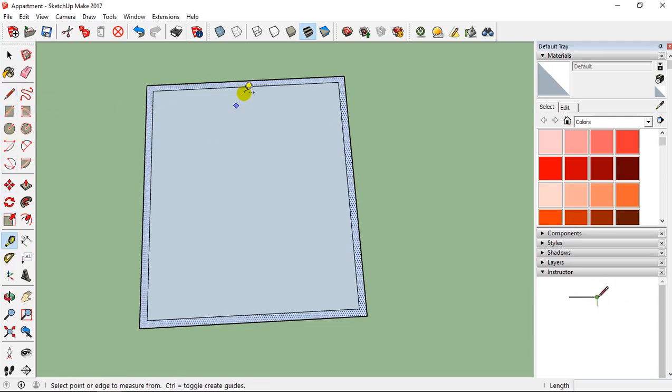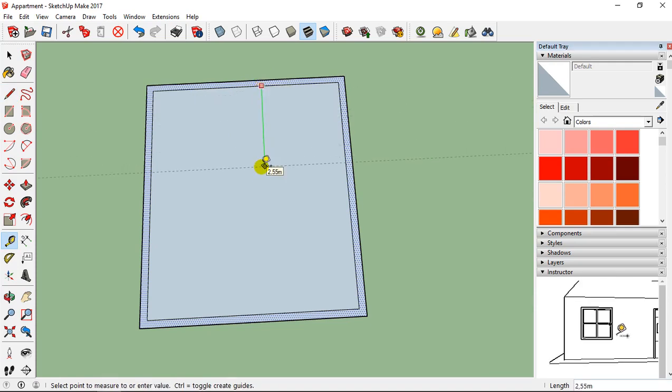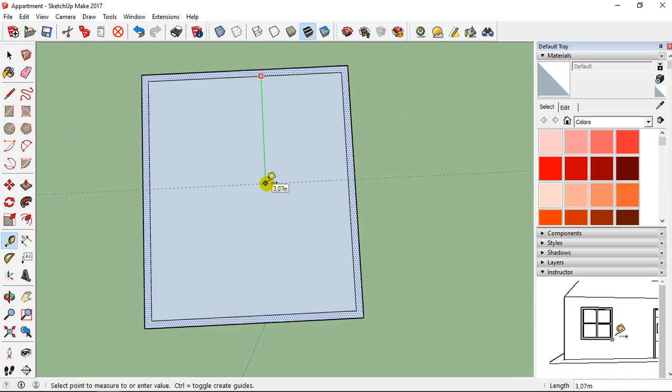I take a guide, the tape measure tool, and I'm going to add a guide here. And I'm going to add a guide at, for example, 3 meters like this.